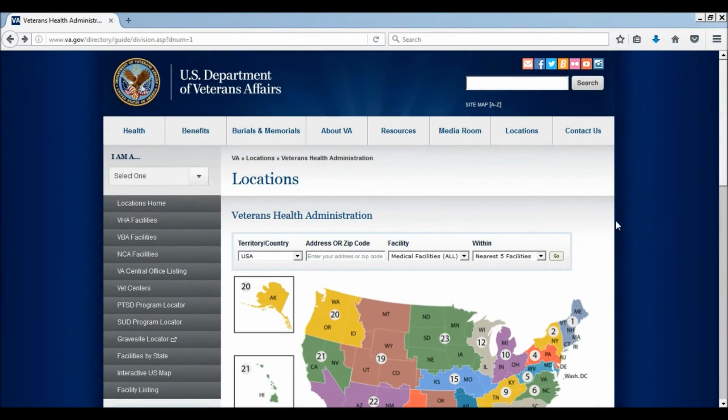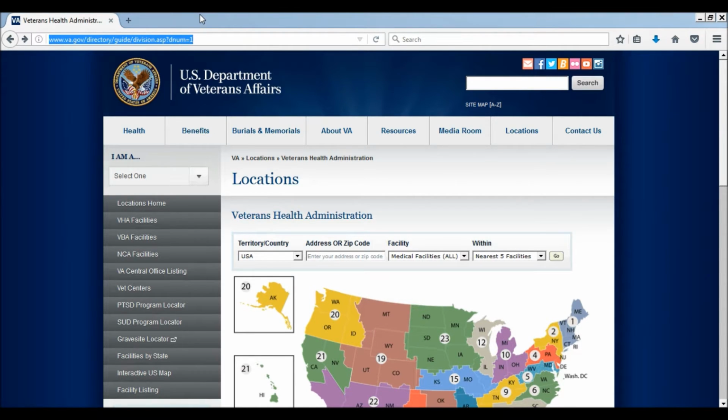Okay, everybody, so here's the map that I have been talking so much about. As you can see, it's on the VA's own website. The website address is right there. I'm going to go ahead and put that website address down in the description for this video also. So if you're trying to get to this map on your own, check down in the description and hopefully you can just click on the link and be good.